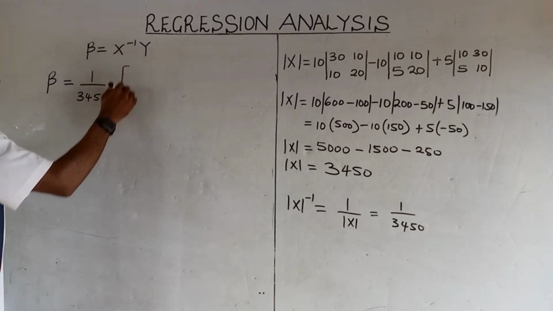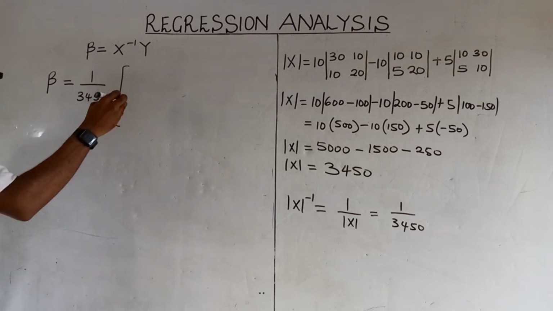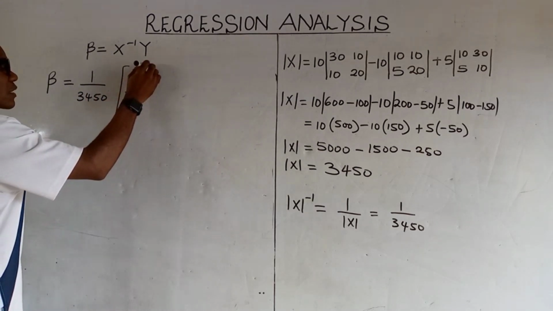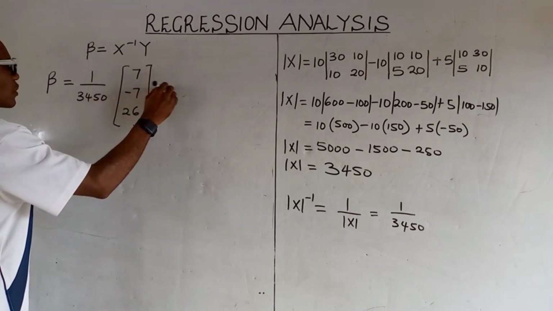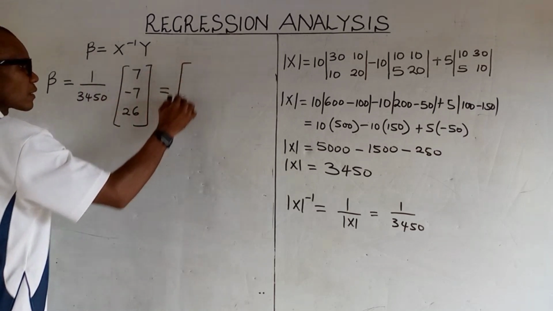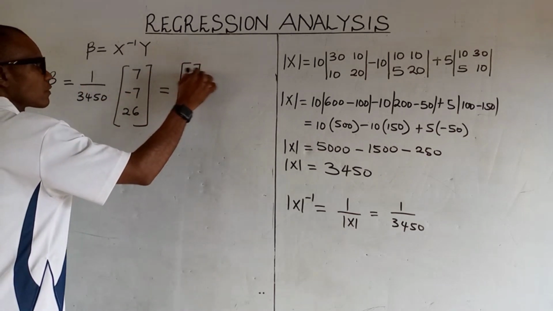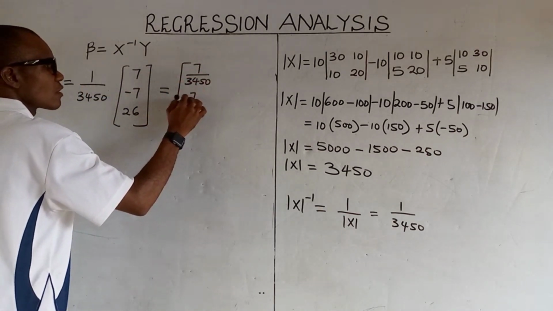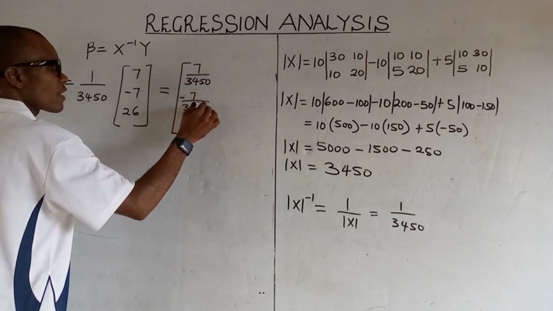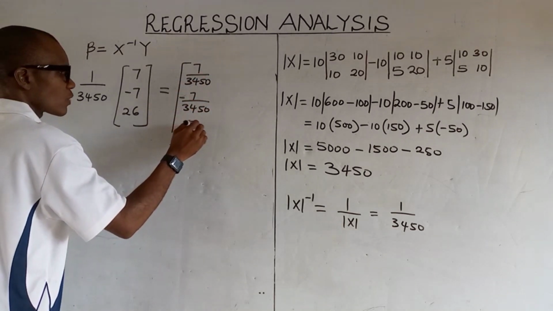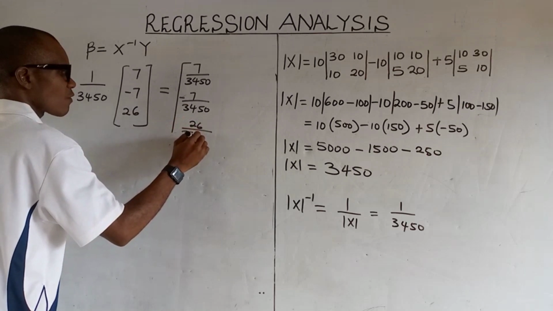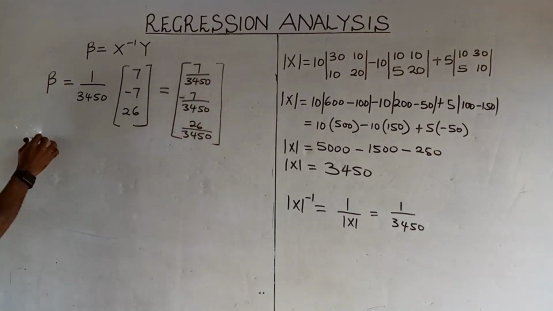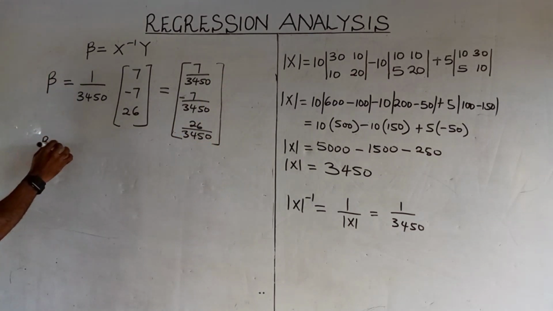The value for y, we have it as we had before: 7, minus 7 and 26. So if you use this, you get something like 7 all over 3,450, minus 7 all over 3,450, and 26 all over 3,450. So this is what we have. It means finally our B will be